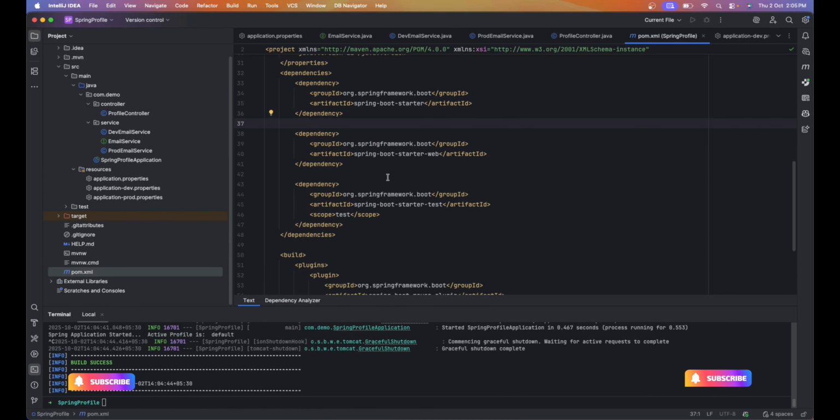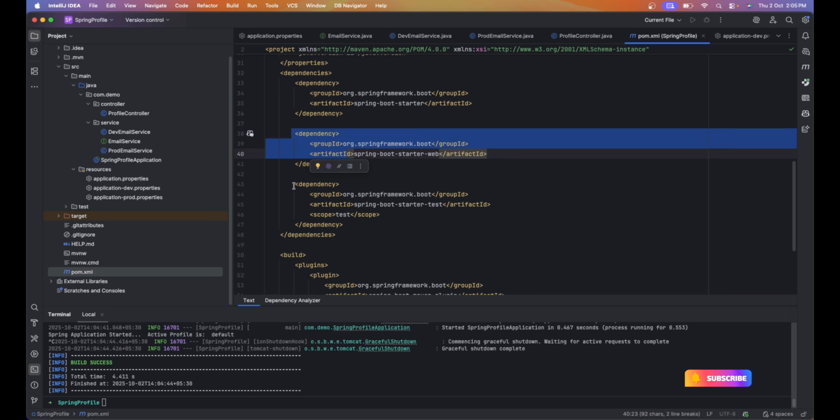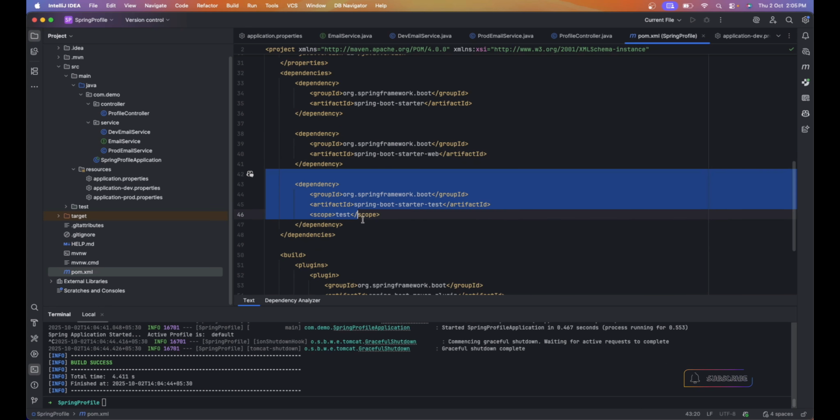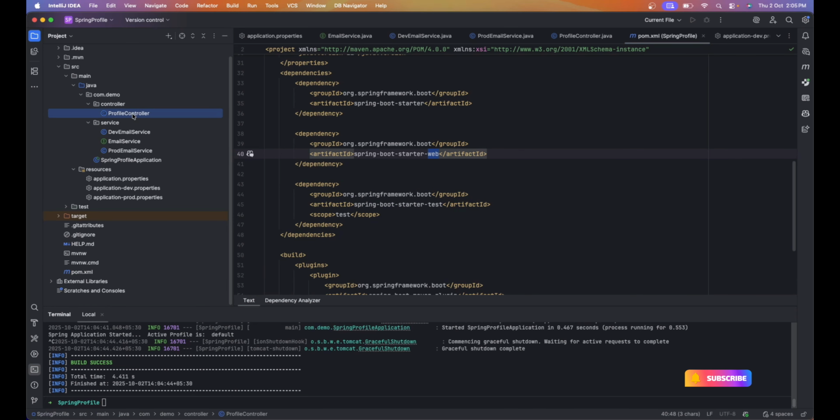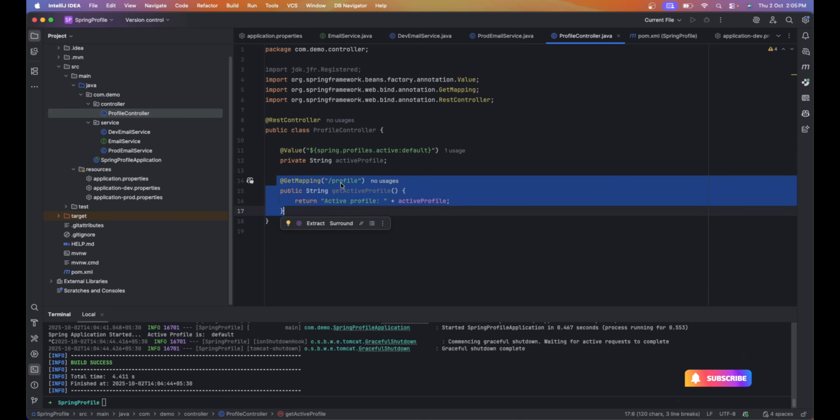I have written the simple starter, web, and test dependencies. The test one is actually not needed, it is added by default. And why have I written the web one? I have written a controller class, the profile control class. In this profile control class, there is nothing much. Actually, here REST controller and get mapping are there. It should return the profile. This one will return the active profile. What is there currently? And if I go for